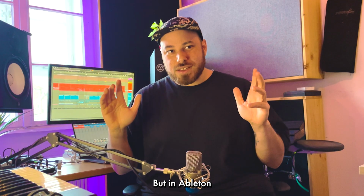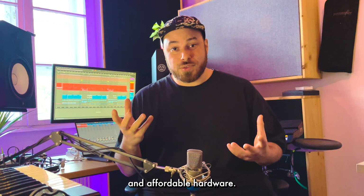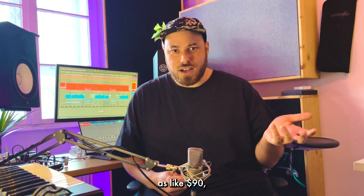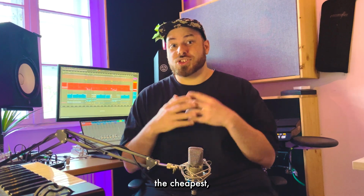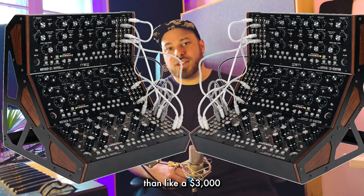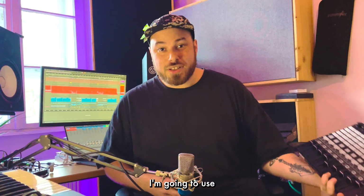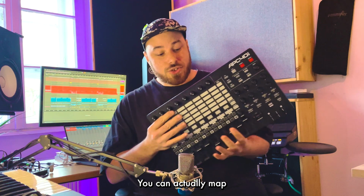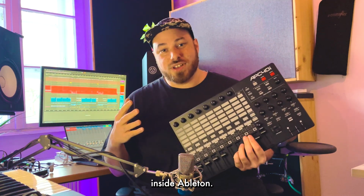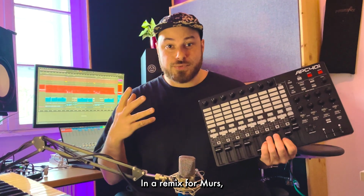But in Ableton, you can actually map anything you want to really cheap and affordable hardware. Some pieces of MIDI hardware are as low as like $90. And although that isn't the cheapest, it can still be a lot more accessible than a $3,000 hardware synth. If you get some of these MIDI controllers, the one that I'm going to use today is called an APC40, you can map all of these knobs or all of these faders to anything that you want inside Ableton. So I'm going to show you how I do this process in a remix for Murs,